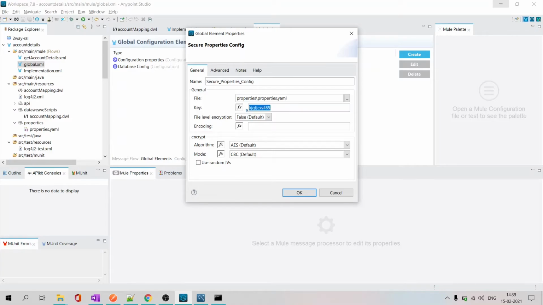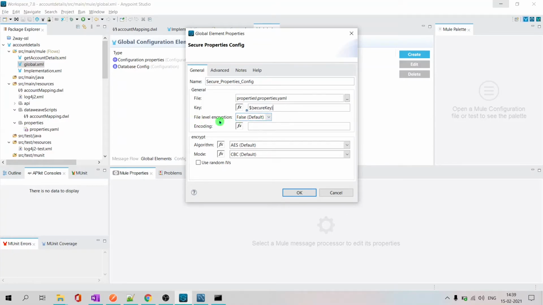Don't do that. So how do we refer to the key? Just put it as a property, call it secure key, and pass the value as a runtime argument. We'll see that. Just remember, we are referring to the key as a property, but we are not putting this property in a property file. We'll pass the runtime argument.